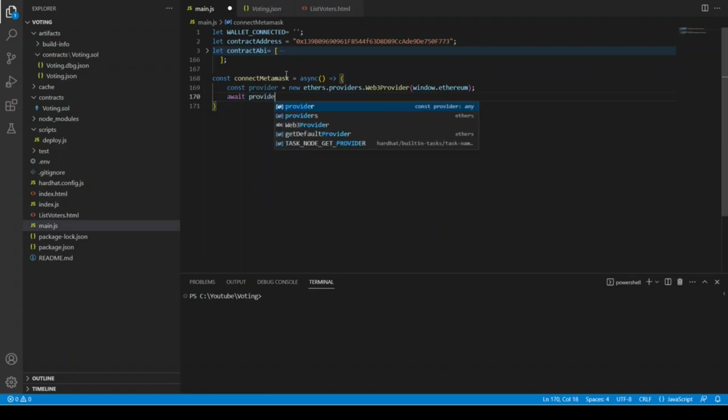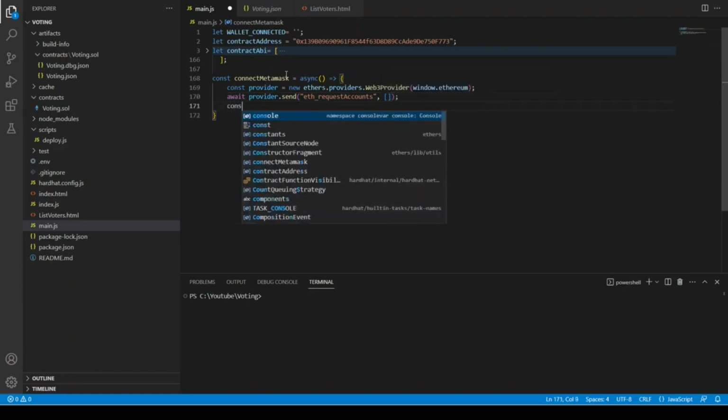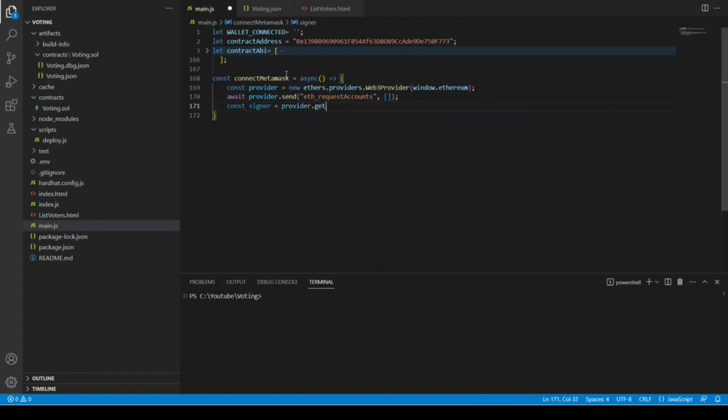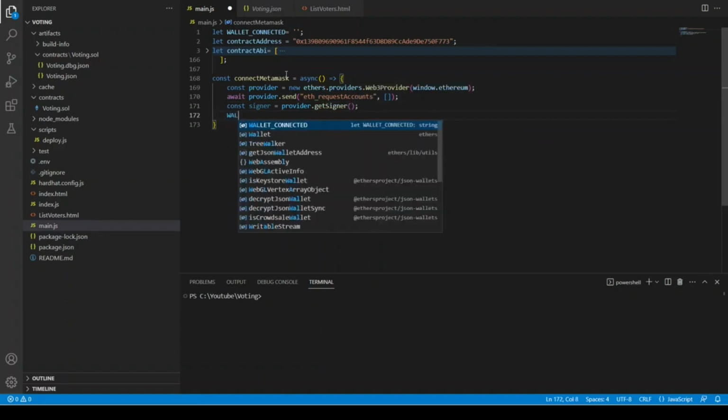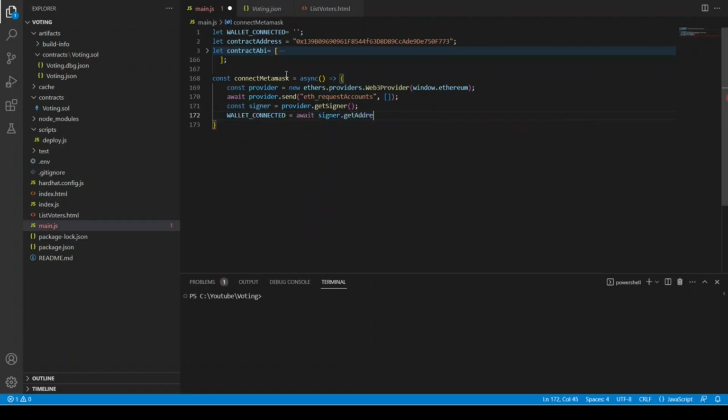Then we are going to say await provider.send eth_requestAccounts. Then we are going to say signer equals provider.getSigner, and then we are going to say walletConnected equals await signer.getAddress,